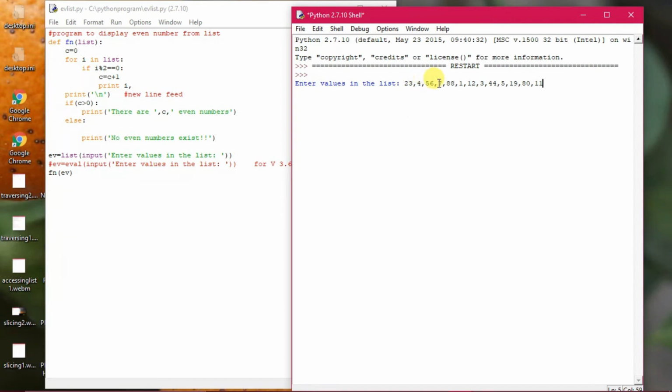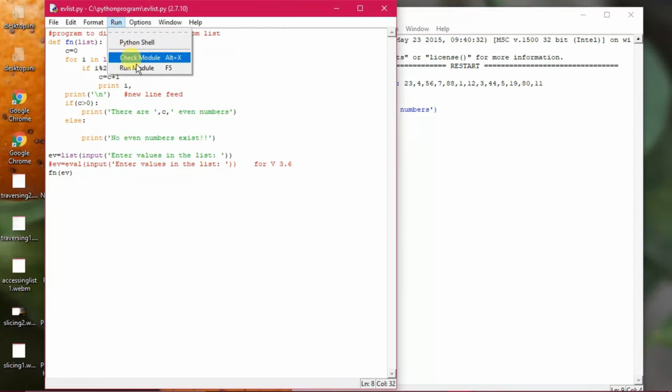How many numbers, 1 2 3 4 5 6 7 8 9 10 11 12 13 have been taken. So you see out here print i is actually displaying the even numbers, and whenever the criteria is matching, C has been incremented, and when C has been incremented, that means it is greater than 0. So this particular condition is becoming true, that means even numbers have been found. So there are C number of even numbers, that means here 6 even numbers exist. That's what has been printed.